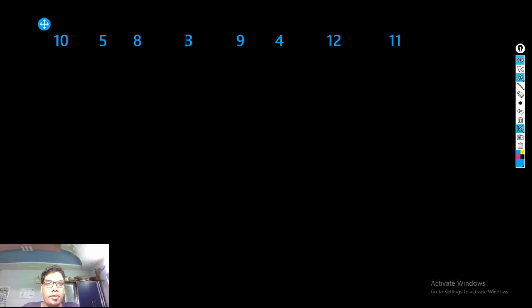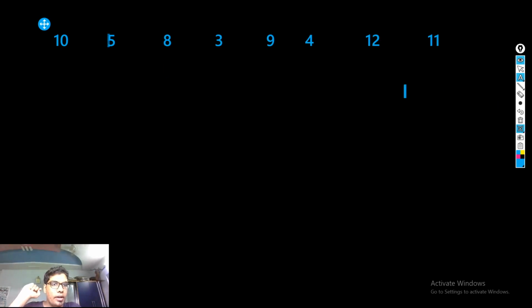So these are the elements for which we want to find the largest increasing subsequence, in n log n time. While we do that, we also need to have an array, so let me grab the pen tool. We need the DP array, a very standard thing in this problem, and this DP array is actually an interesting array. We will see what it stores.